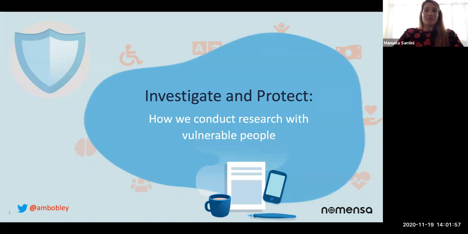Now we're really excited for our second talk of today. This talk is Investigate and Protect: How We Research with Vulnerable People, from the Mentor's own senior user experience consultant, Amber Polley. In this talk, Amber will share her process for protecting both yourself and your participants when taking on difficult subjects. She explores ways not only to ensure you deliver effective research, but also to ensure you create a safe space. After Amber's talk, a Q&A will follow, where Amber encourages you to share and discuss your own process for researching with vulnerable people.